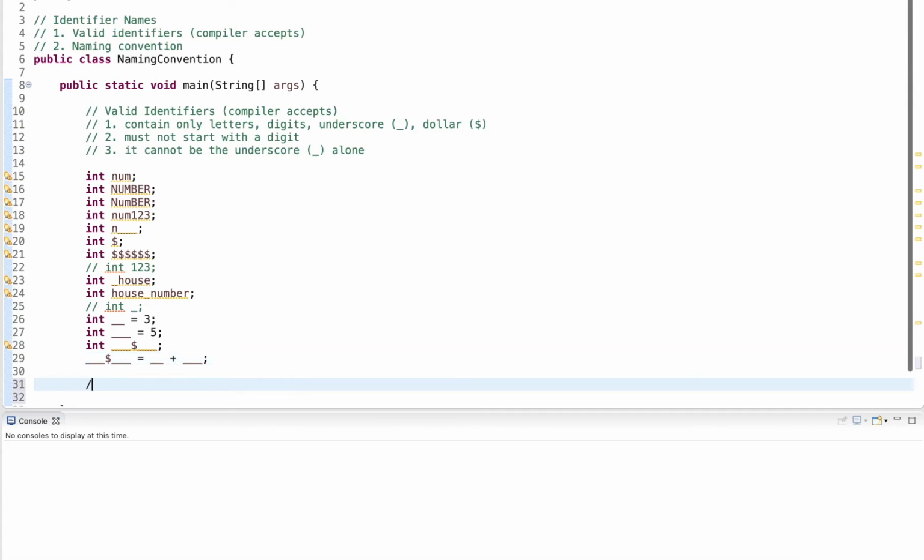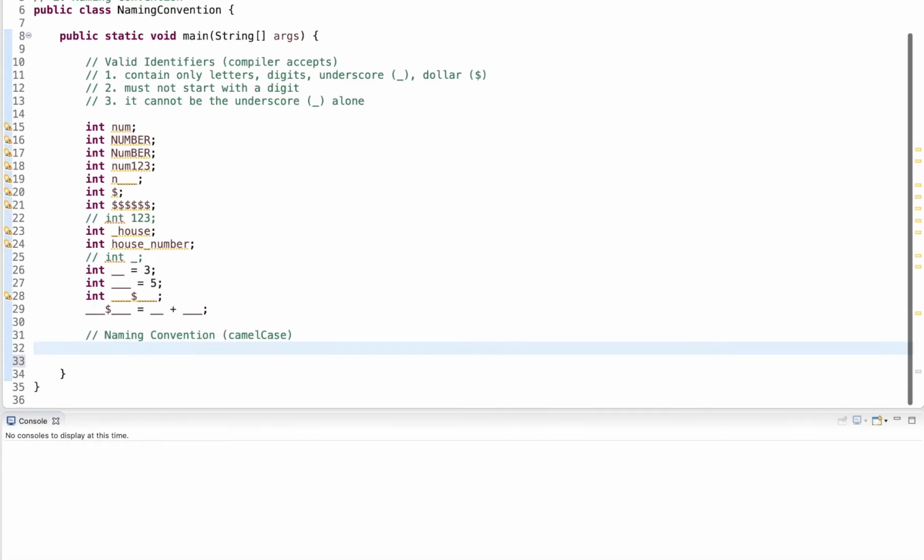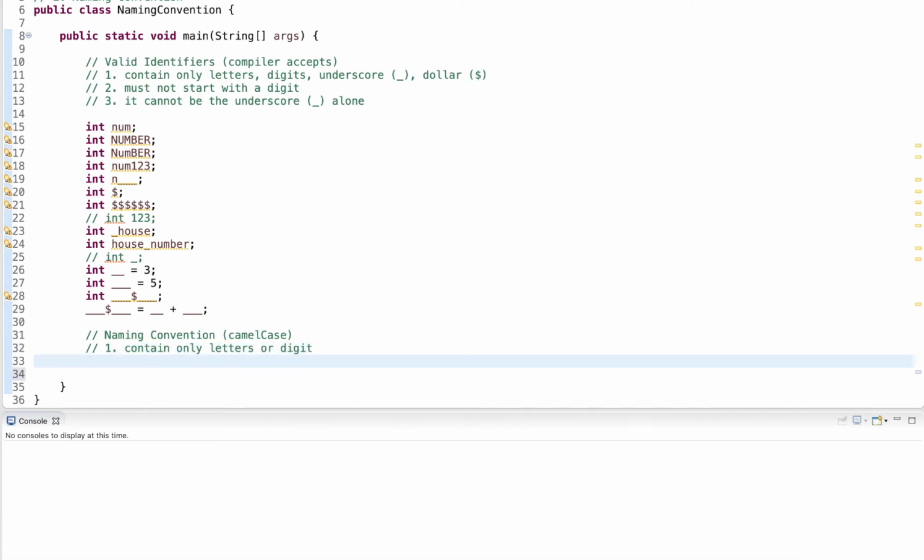So with that, let's go into a naming convention. And the naming convention specifically I cover here is camelCase. This is the naming convention that has been standardized for Java. This is what all Java developers are following. So the camelCase naming convention in Java has a few rules. It should contain only letters or digits,